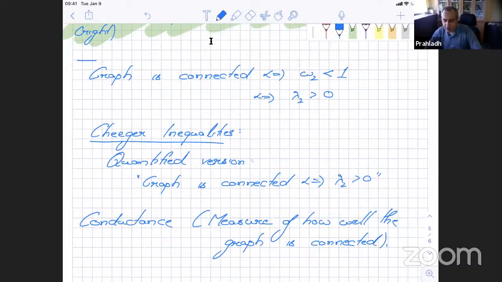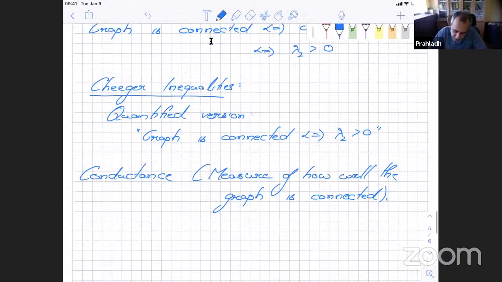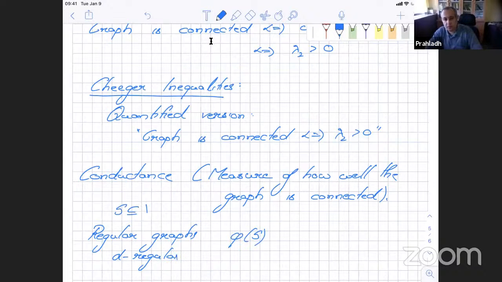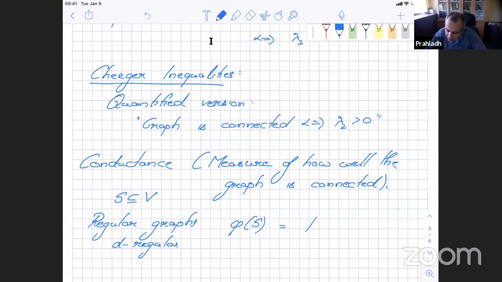Let me start off by defining it for regular graphs, and then I will extend it to irregular graphs, and then for any random walk matrix we will extend the definition. So start off with d-regular graphs. Firstly, I'm going to define phi of S, where S is any subset of the vertices. This is going to be the number of edges that go out of S, times